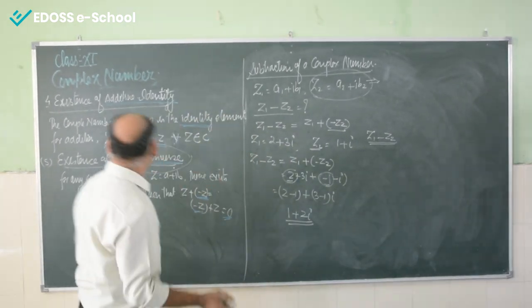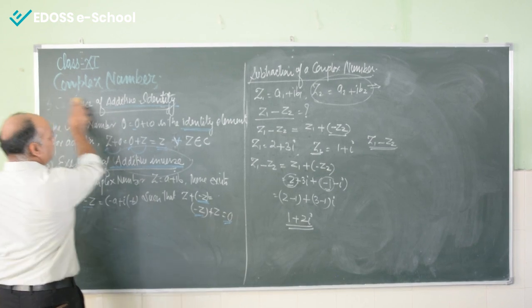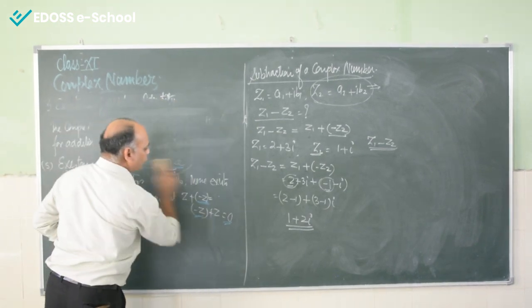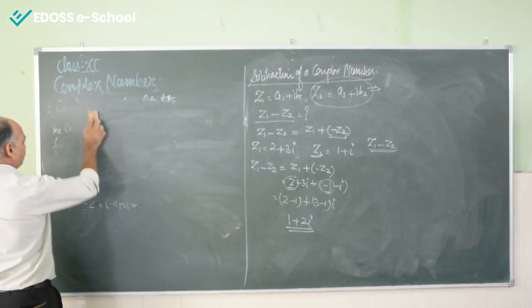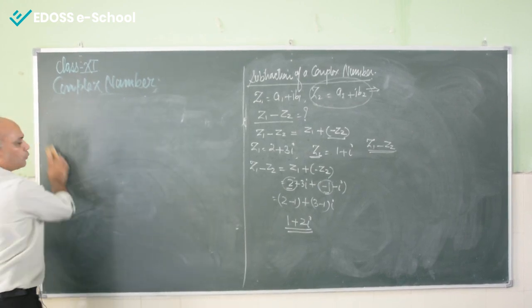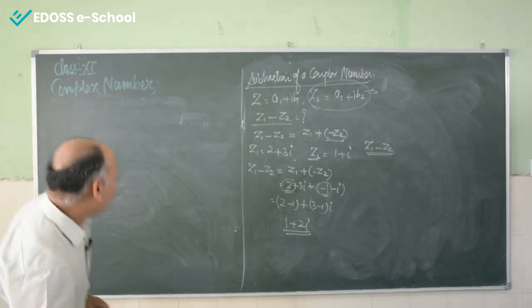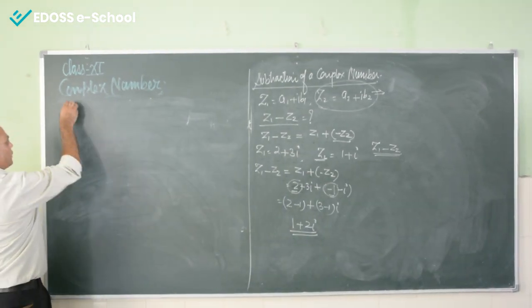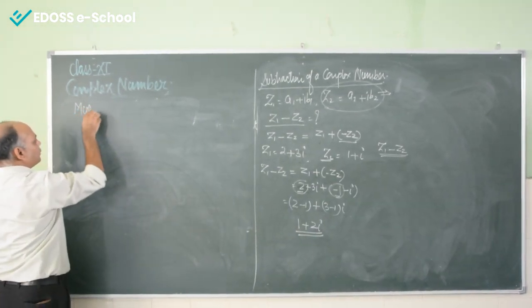Now, the next operation is about the multiplication of complex numbers, and this is a very important topic, multiplication of a complex number. How to multiply two complex numbers? Then the topic says that is multiplication